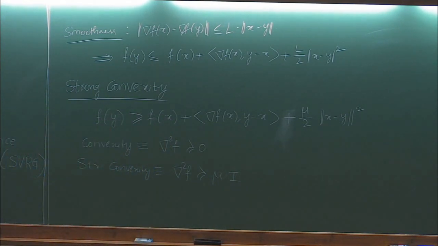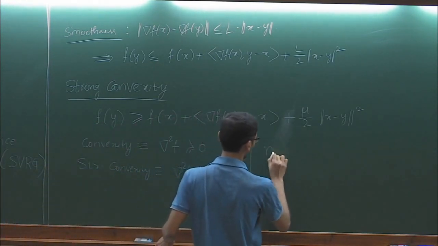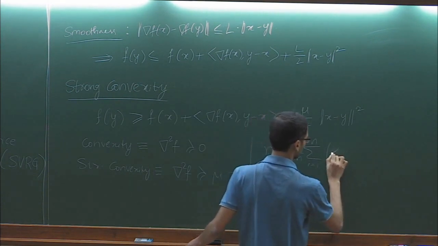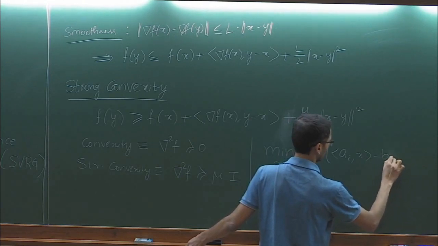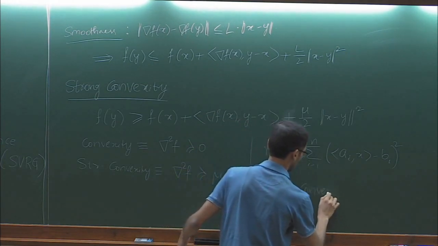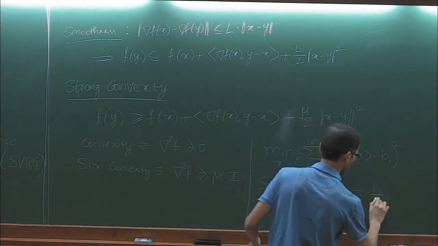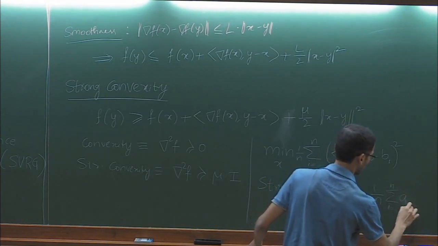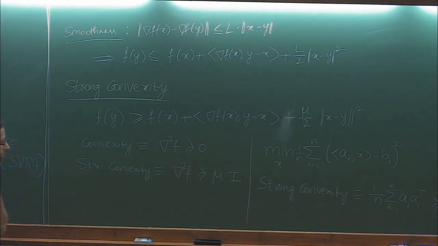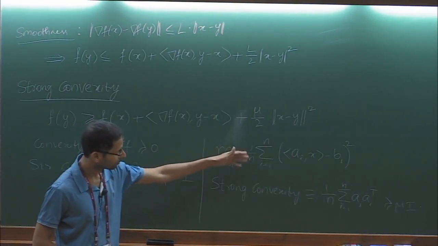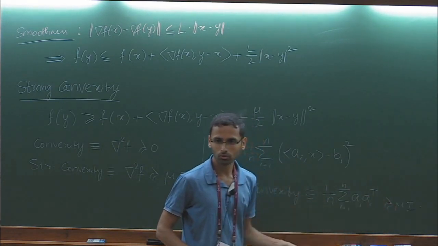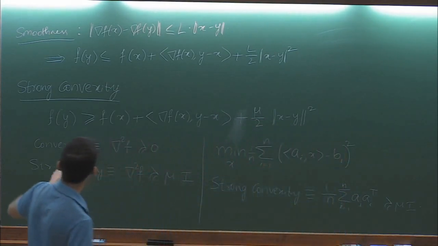Okay. So a simple example would be if you take a quadratic function. So let's say I want to do min over x. Right, strong convexity is equivalent to okay. So for linear regression problems, for example, where we are looking at a quadratic function, strong convexity is equivalent to requiring that the covariance matrix of the data points that we have is greater than or equal to some constant mu times identity. Okay. So we would like to see what gradient descent, what is the rate that gradient descent